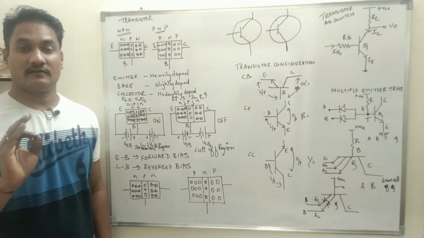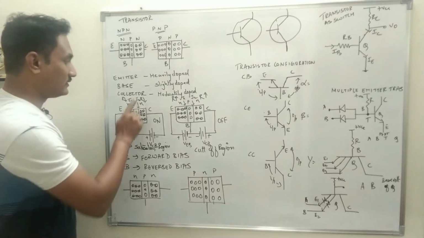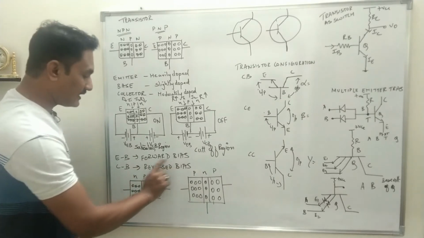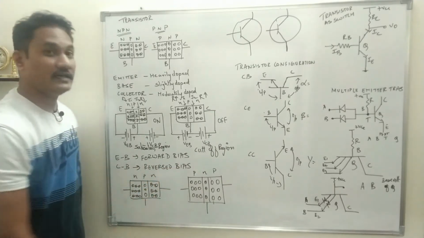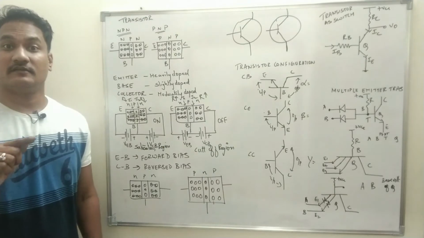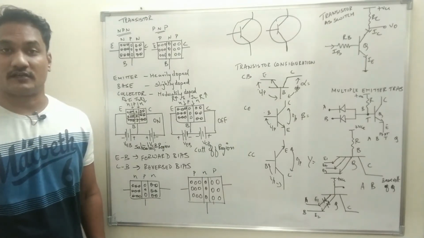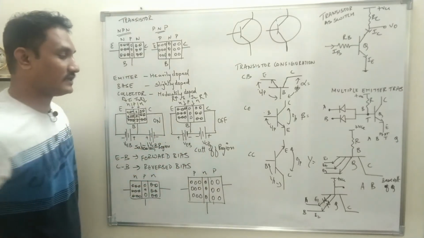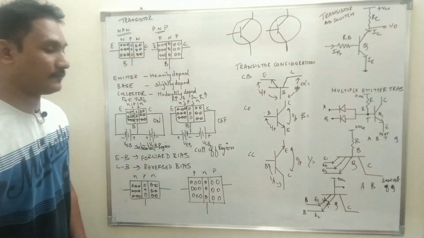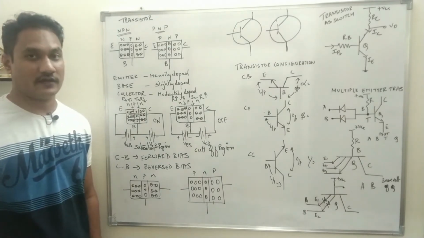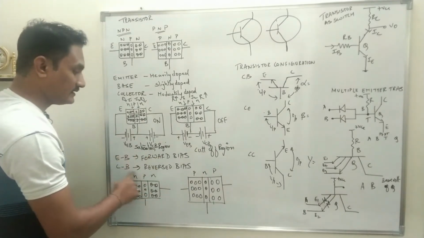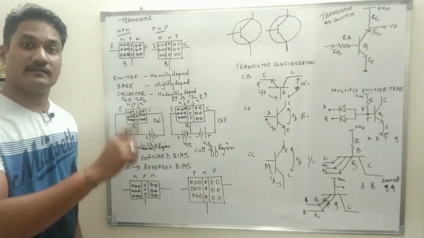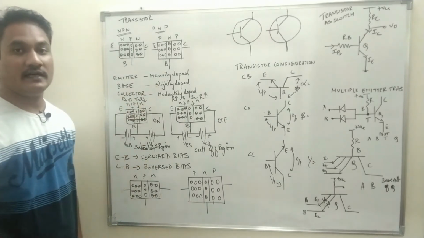But in practice, the transistor's polarity is like this: the emitter base junction should be forward bias, the collector base junction should be reverse bias. This is the polarity which has to be connected to the transistor to operate. So this was an example of how the polarity should be for saturation and cutoff. Of course, we will connect the transistor in this biasing mode, but in that same biasing mode, we will use the transistor as a switch in the later part.